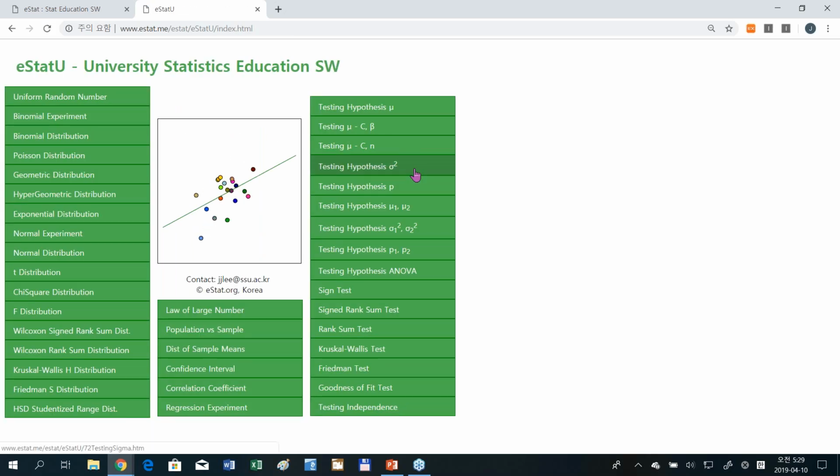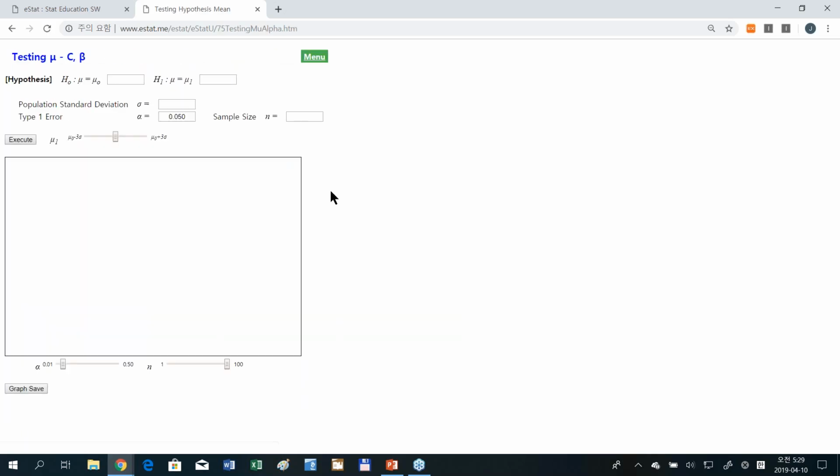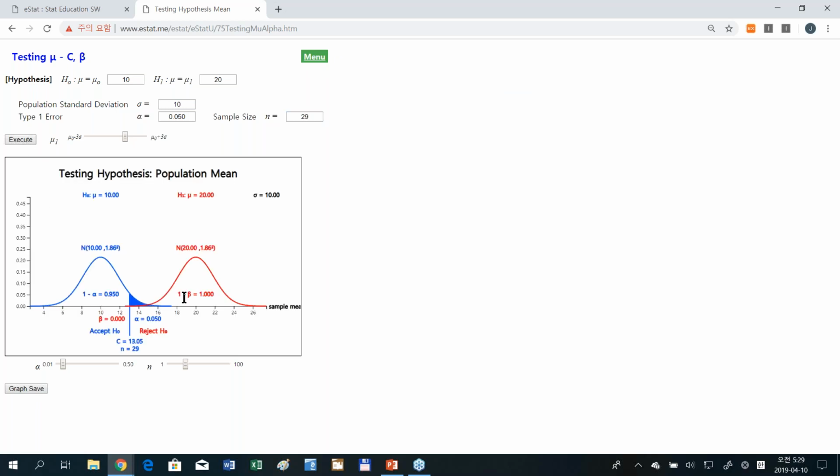Let me show you one more example about hypothesis testing. While I'm teaching hypothesis testing, students don't understand well about alpha and beta. Let's say you have this data, it will first generate the hypothesis testing graph.